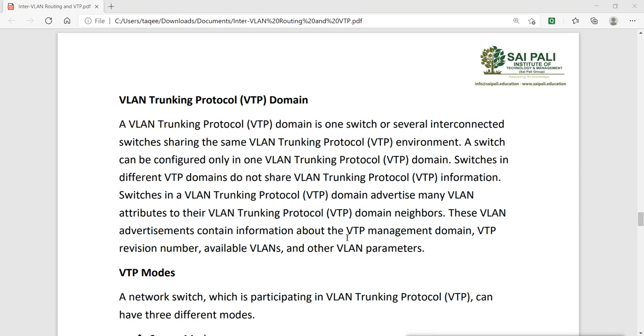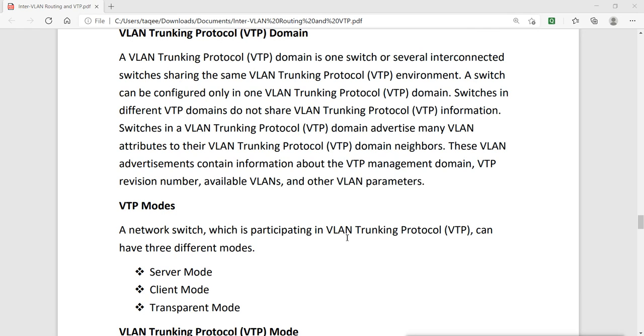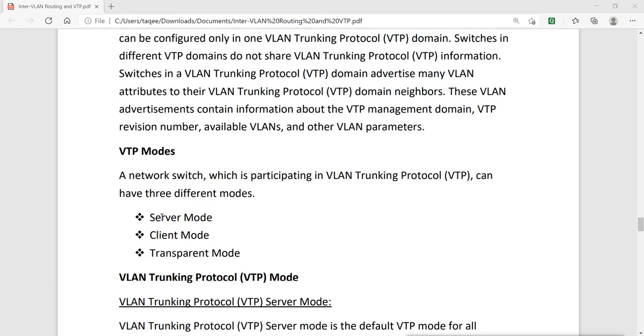Now in VTP we have different switch modes. As I said, we have server mode and client mode. The server shares the information, and the client gets the information from the server. If the switch is in server mode, we can create and delete VLANs on that switch.